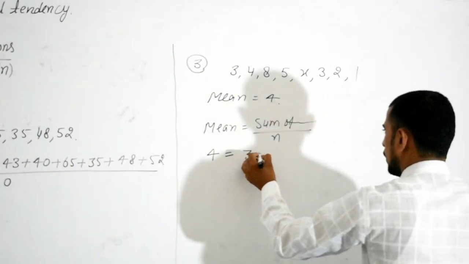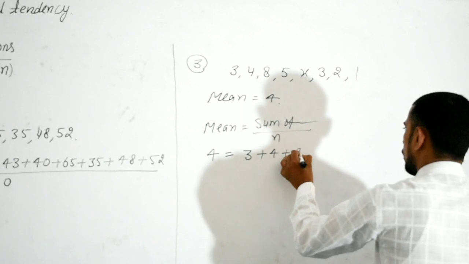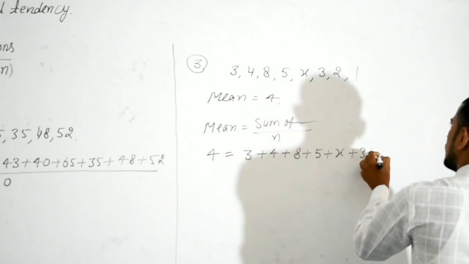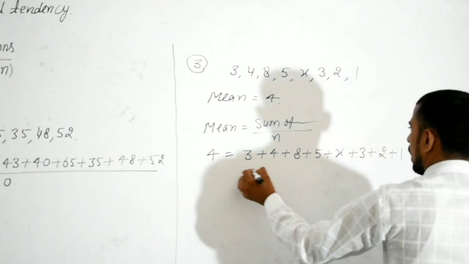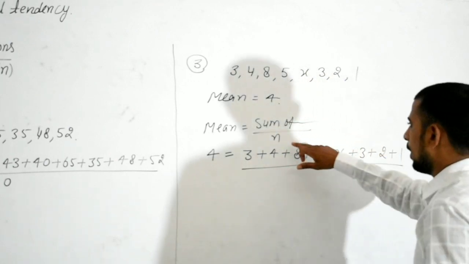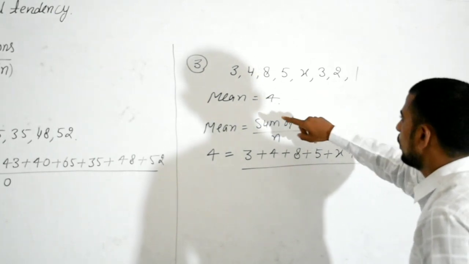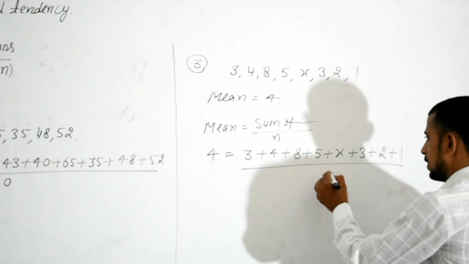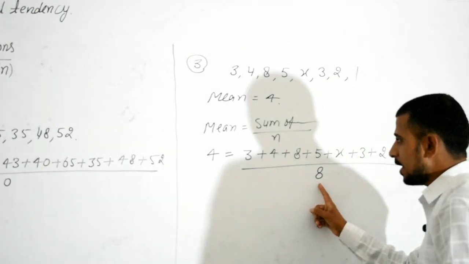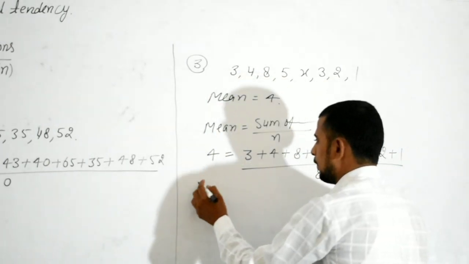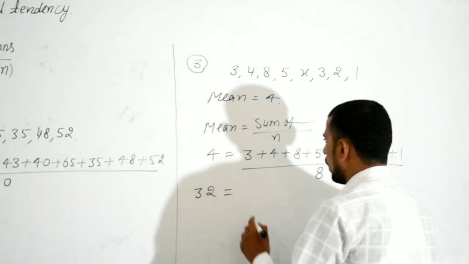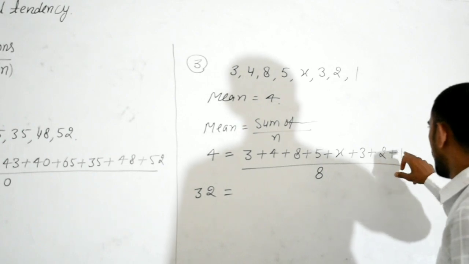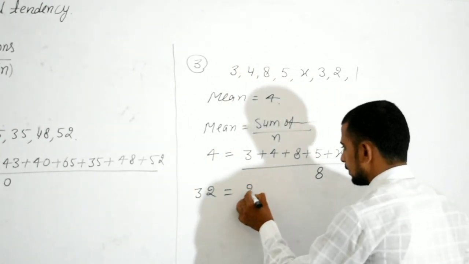Observations are 3 plus 4 plus 8 plus 5 plus x plus 3 plus 2 plus 1, and divide by the total number of observations. The total number of observations is 1, 2, 3, 4, 5, 6, 7, 8. The 8 in division, after transposing, goes to multiplication, so 8 times 4 is 32, equal to 3 plus 4 is 7, 7 plus 8 is 15, 15 plus 5 is 20, 20 plus 3 is 23, 23 plus 2 is 25, plus 1 is 26,